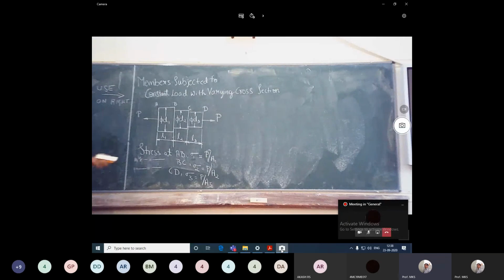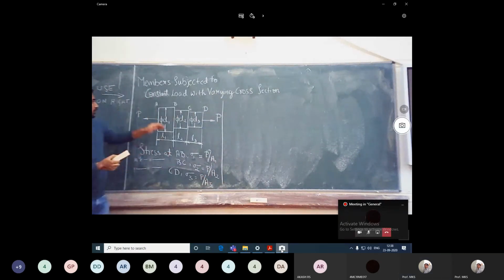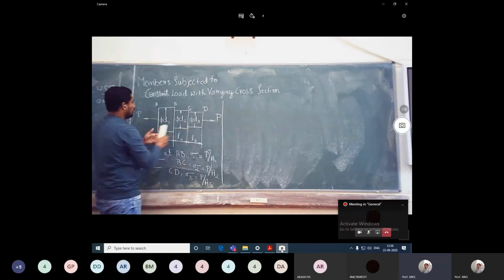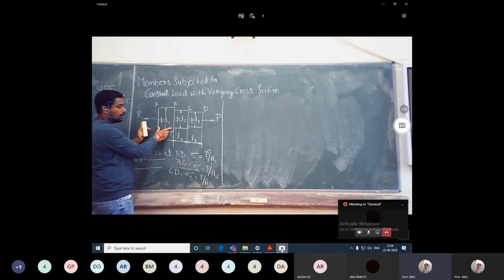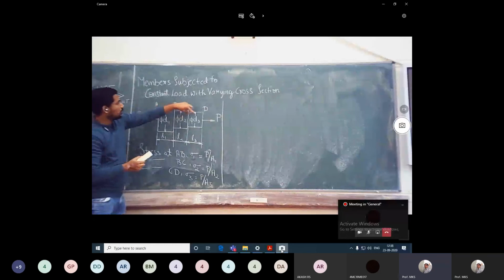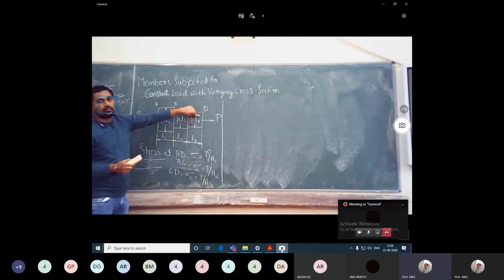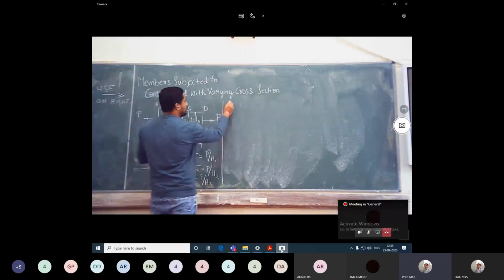You know that strain expression is given by what? Since it is applied with a load, the member will be under elongation. The stress acting at AB is sigma 1, BC is sigma 2, CD is sigma 3. Similarly, the strain at AB we'll take as E1, at BC is E2, at CD it is E3, right? The strain at the section,